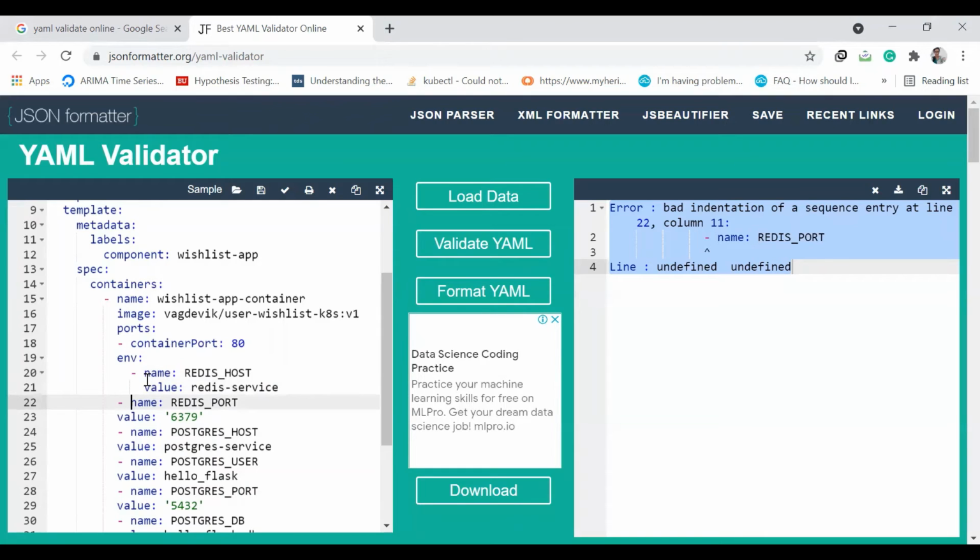So now this name and value should be on the same level, right? Okay, so we will do the same thing for every pair.